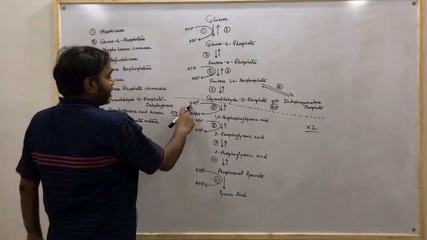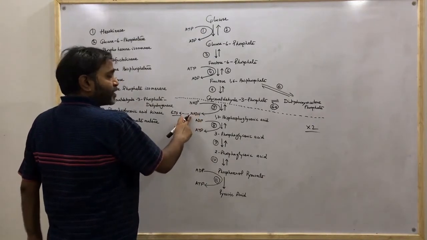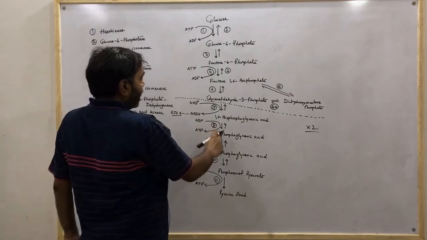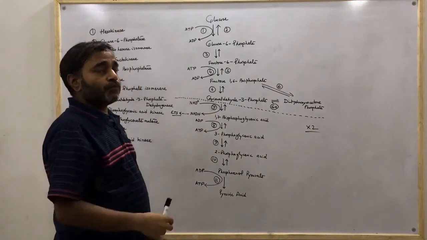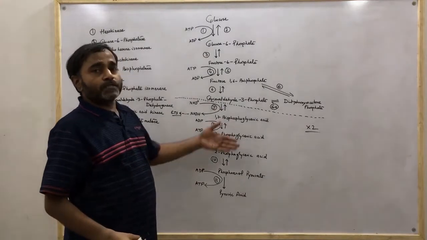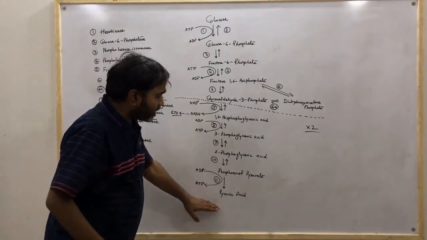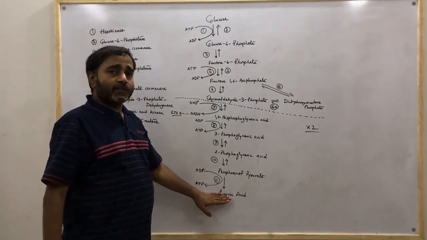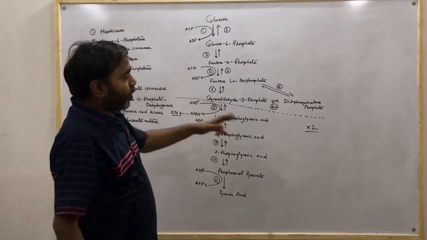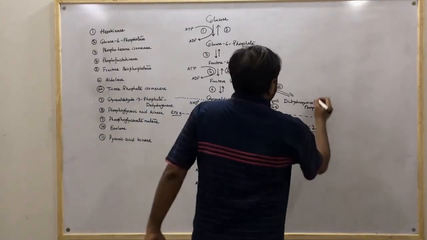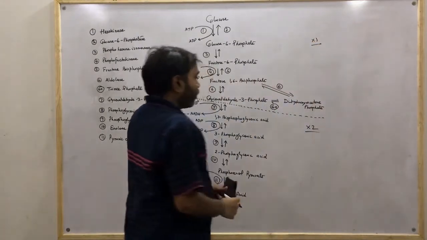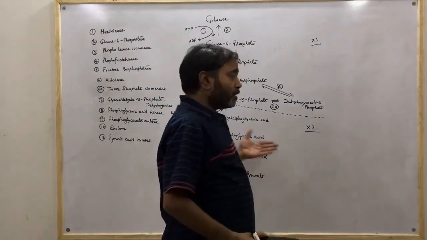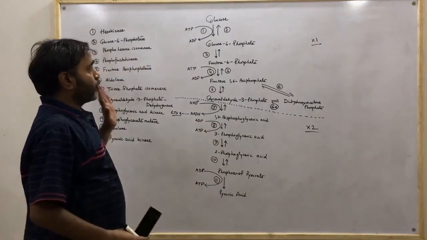Here also the same thing, here also 2 NAD plus will get changed into 2 NADH, and likewise 2 moles of these things are forming, 2 molecules, or you may just assume 2 moles of each of the particular molecular entities are getting formed. So this is important to note, because here only 1, but here 2 moles of each of the components will be there. That is important to note.